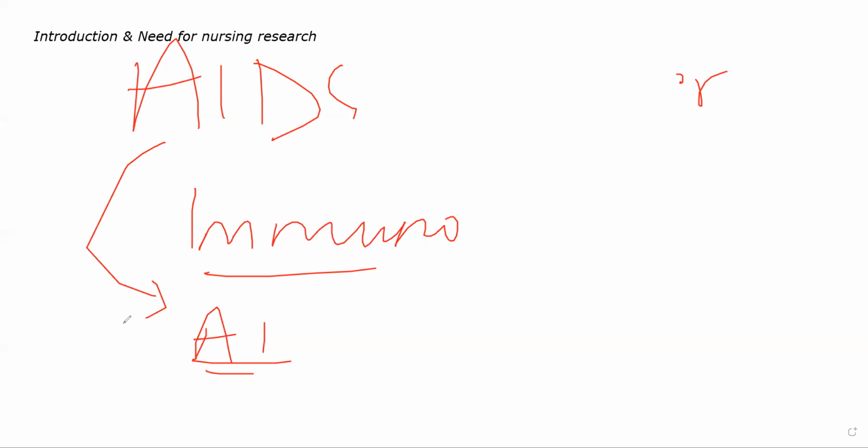In such scenarios, research helps because you will find a lot of research papers being published wherein they are studying AIDS patients, and among those patients you will find that some of those studies included patients who have autoimmune conditions or very similar patients who were on immunomodulators, patients who were immunocompromised or immunosuppressed. So you can correlate the conditions in such a scenario. So research will help you fill a lot of gaps in that scenario. Okay?